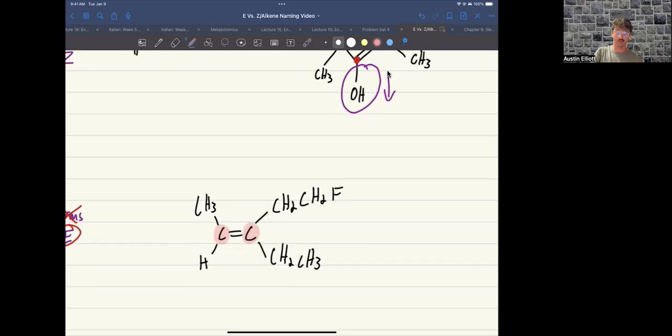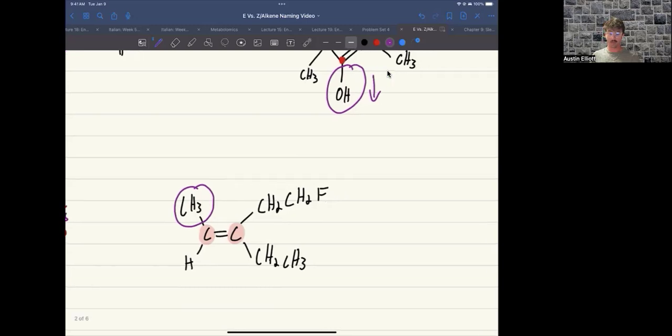So once again, highlighting those sp2 carbons is always the first place to start. We'll start with the left side. The CH3 is the larger group because it has that carbon. Carbon is much bigger than hydrogen and therefore is the group that's going to be circled, or the one that's going to have the directionality to it. Then on the right,